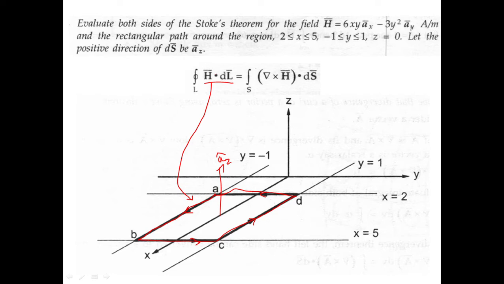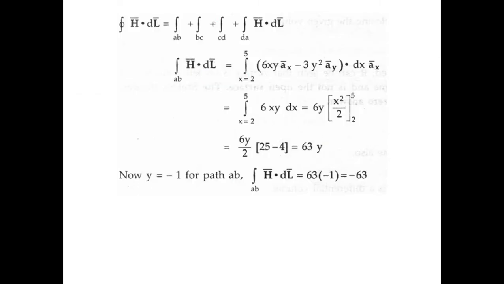Since we have a dot product, we'll be considering only the respective unit vectors. Anyway, we'll understand it here. We'll do one by one. Now h vector dot dl vector, as I told you, there are 4 paths here. For all the 4 paths, you have to solve this problem. So first we'll take a to b, when you take h vector dot dl.